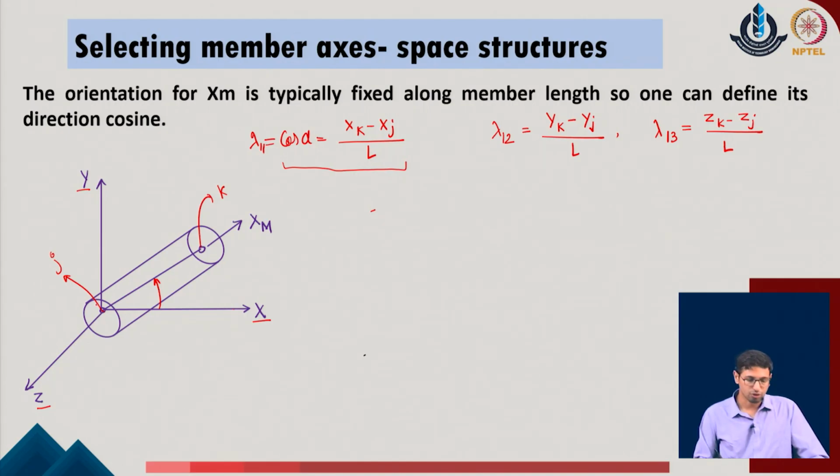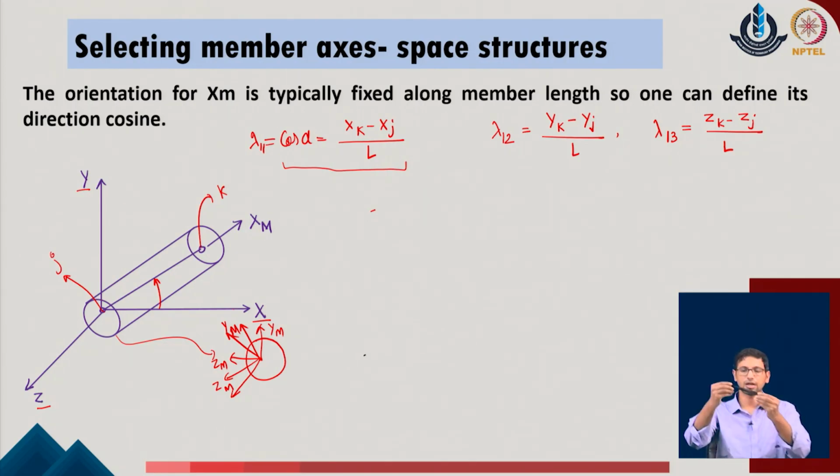If I have this as a cross section, along the length I have considered the axis x, but now on this cross section, if I just draw this cross section somewhere over here, I can have the member axis like this, which is the y of m and z of m. But at the same time someone can also bring a member axis and call that this is y of m and this is z of m in the given system. And there could be infinite such possibilities where the axis y and z for the member coordinate can be located on the given cross section plane.